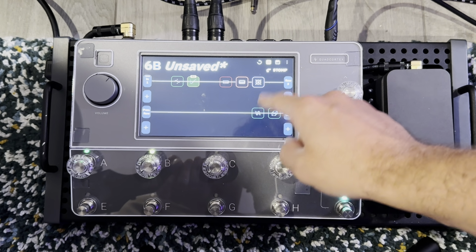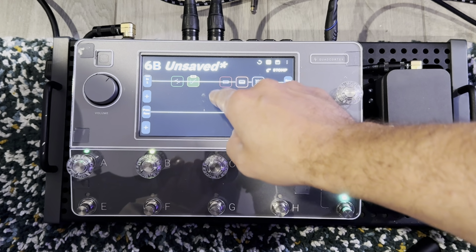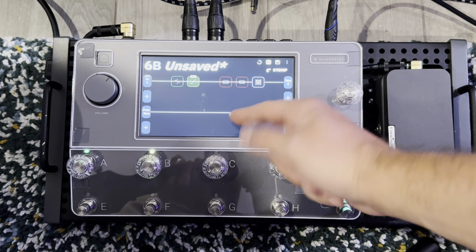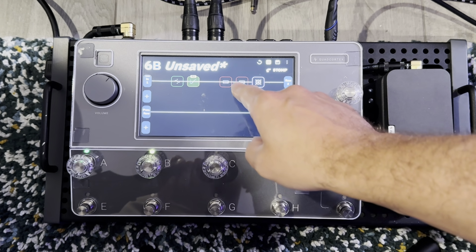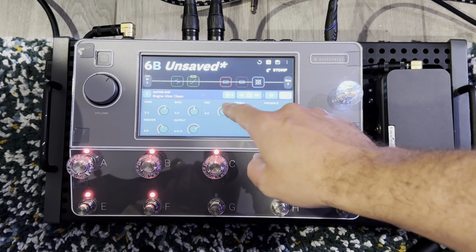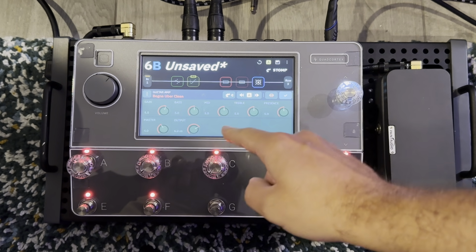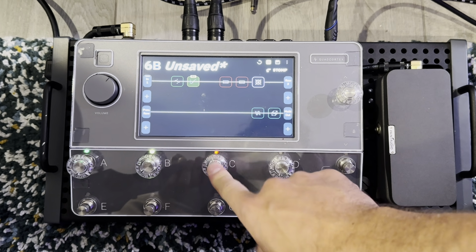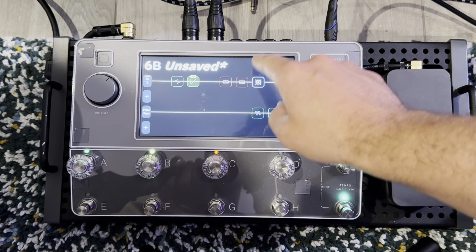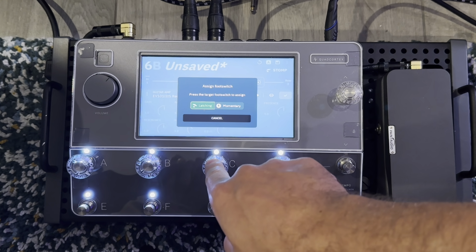Okay, now here's something I learned recently that I think is really, really cool. I didn't know you could do this until recently. So, you see how we have two different amps here? One clean, one dirty. I found out that you can assign both amps into one stomp box in stomp box mode. And let's go and do that now. Keep it latching. If I set it to C, which basically just turns the clean amp on and off. But if I go into the dirty amp and set that to the same button,